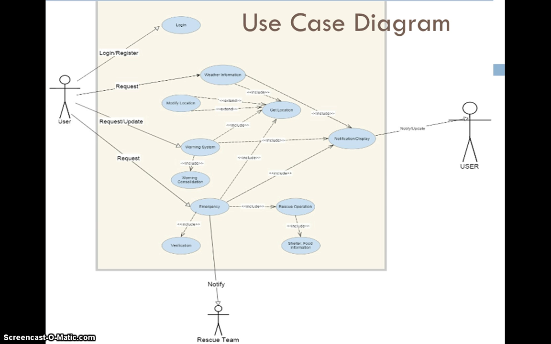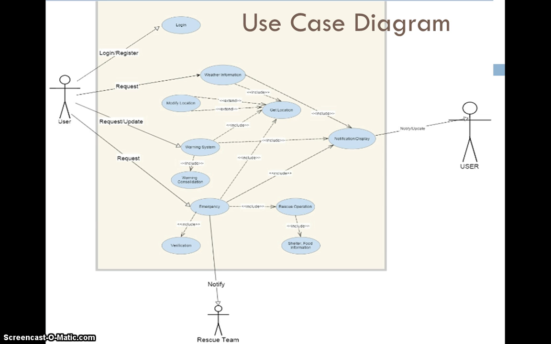This is the use case diagram. As we can see, the user can log in with his mobile number, which is unique to him, and with that he can also complete the registration process and start using this app. We have many use cases, like the weather information system, wherein a user can get the weather information of all the places around him, like temperature, humidity, wind speed, etc. This can be used through the GPS or by typing in the physical address. The user also has access to the warning system, wherein he can get warnings for any particular location.